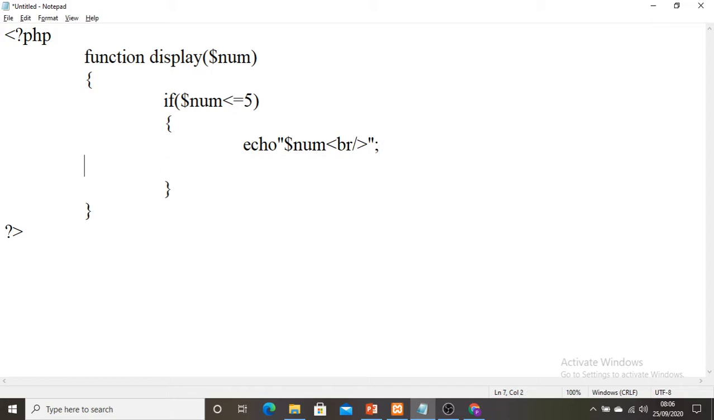Here I am going to call the function display recursively. Within the function body I am calling the same function. This type of calling the function within the function body is a recursive function. I am making $num plus something like that. So this should be repeated until the condition, that the number is less than or equal to 5, is reached. Once it is reached, it will print all the numbers like 1 2 3 4 5,